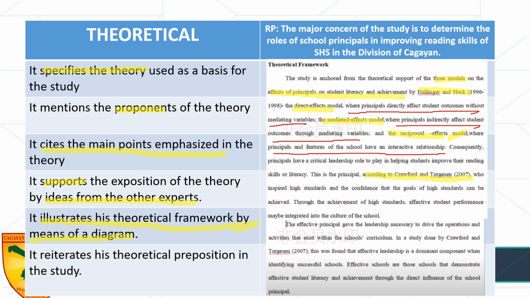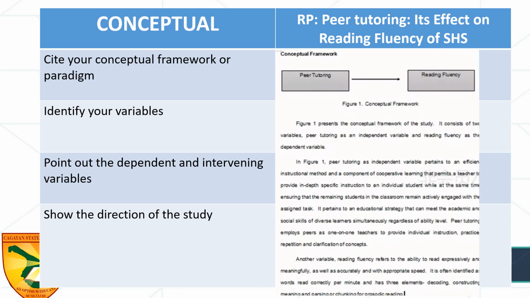And then you reiterate his theoretical proposition in the study. So you explain how this theory affects or is of use to your research problem. So for the conceptual framework, you can either first have your narration and then your diagram, or you can already have